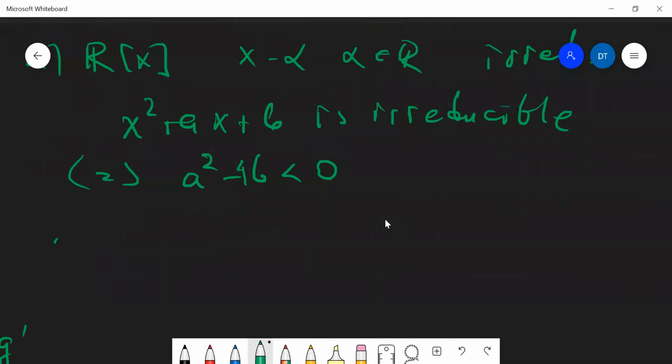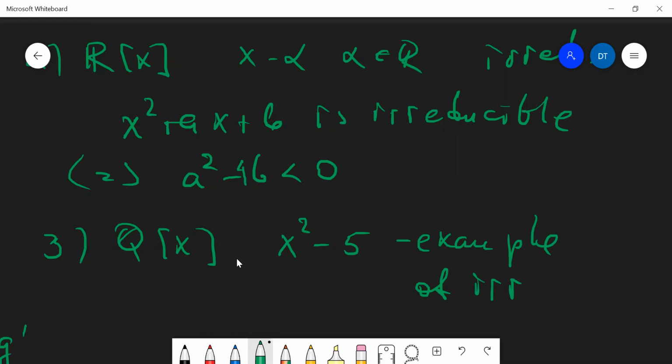Well, in case of rational numbers, the situation is more interesting. It's hard to describe all irreducible polynomials, but let me give you an example. An interesting example is this one, x squared minus 5. It's reducible as a polynomial with real coefficients, but it's irreducible as a polynomial with rational coefficients. So this is an example